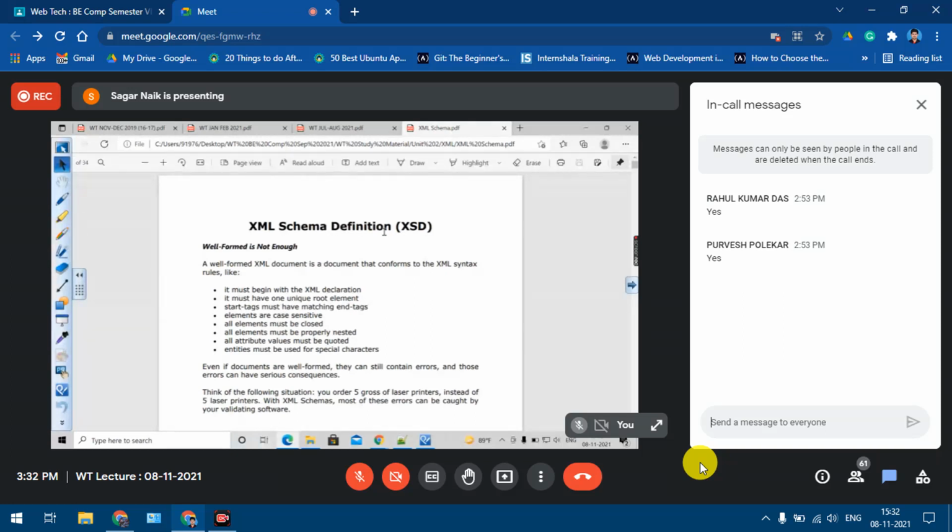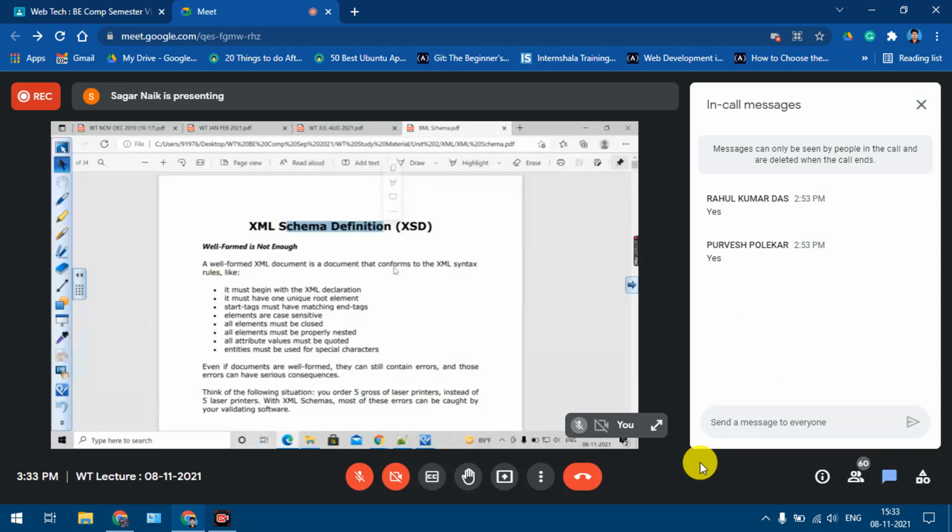Now there is one more technology, that is known as XML schema definition. The main motive why this XML schema definition is used is the same as your DTD. Why did we use DTD? To check for the validity of the XML file. Yes or no? So even the XSD or XML schema definition is also used for the same purpose, to have the consistency and to check for the validity of the XML file.